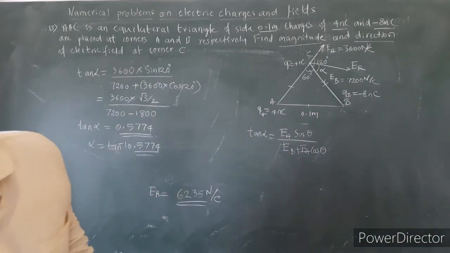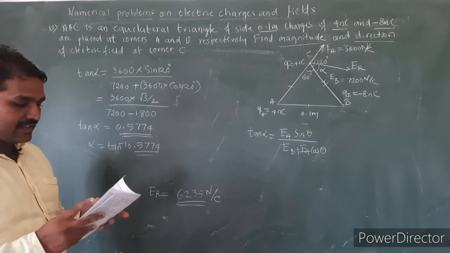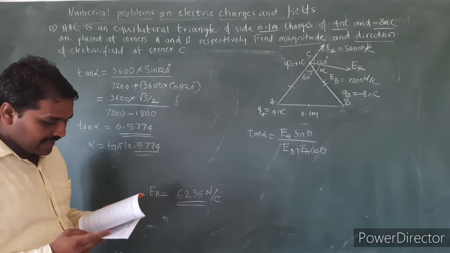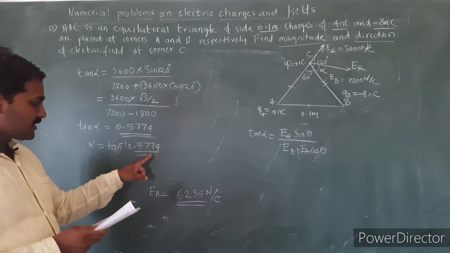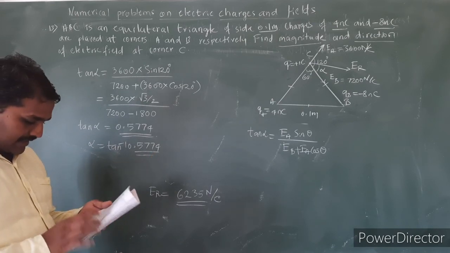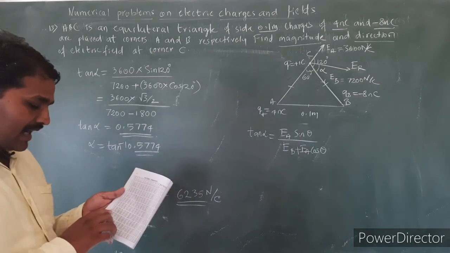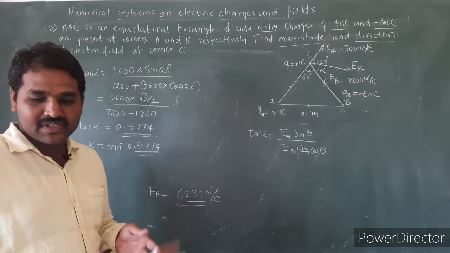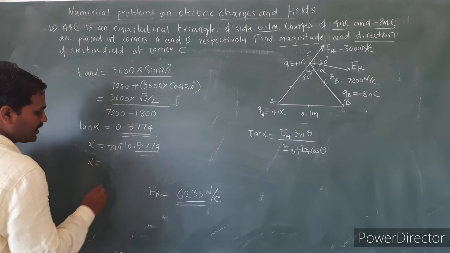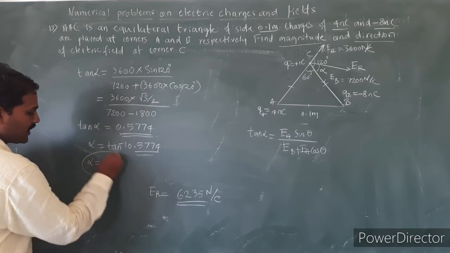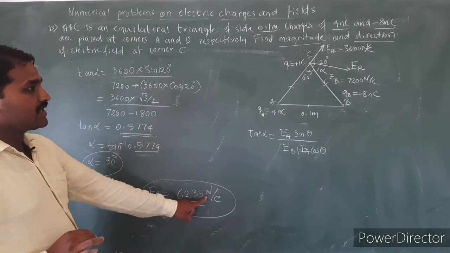Using the log table again, I have to find the value of alpha. Take your log book and open natural tangents, because my trigonometric function is tan here. That is page number 14 and 15. Search for the value of 0.5774. It is actually 1 by root 3, is it not? So check it out. Look at the angle of 30 degrees here. I have tan 30 degrees equal to 0.5774, the exact value. So from this I can find alpha is equal to 30 degrees.